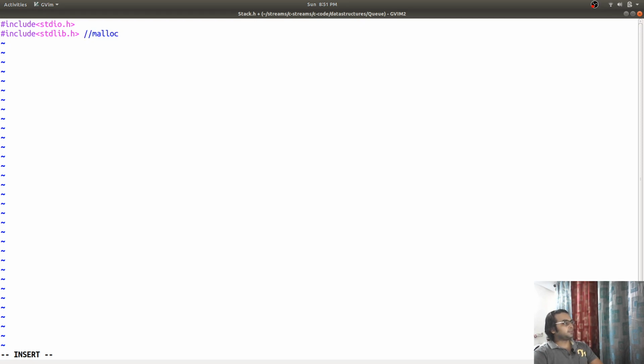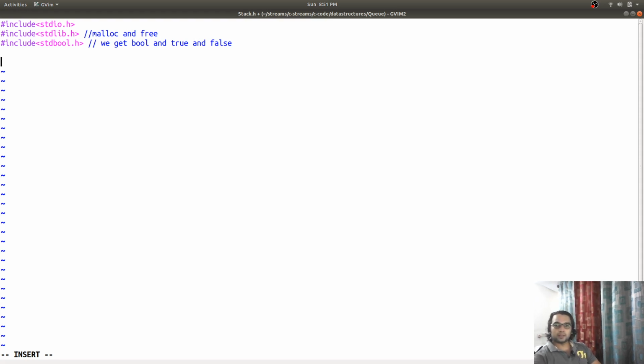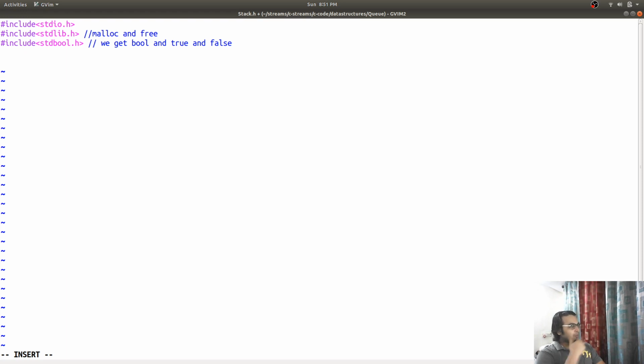This library provides the functions to allocate and free the memory. This is why we are including this library. And next is stdbool.h. We get bool, and true and false keywords to be used in